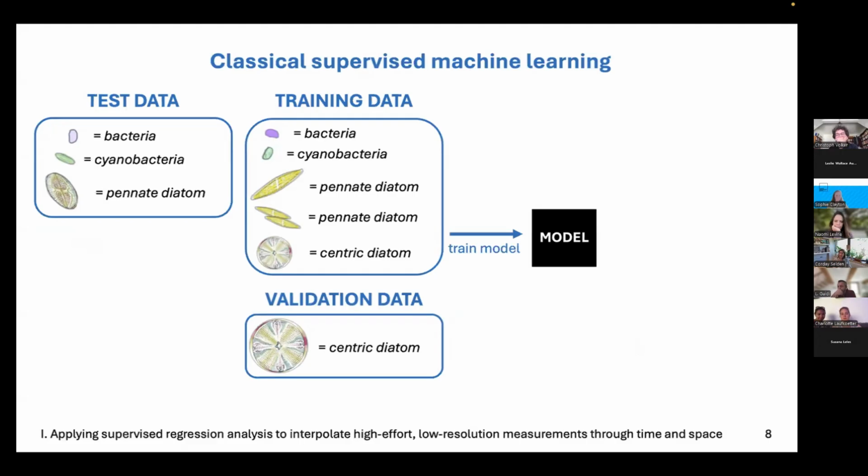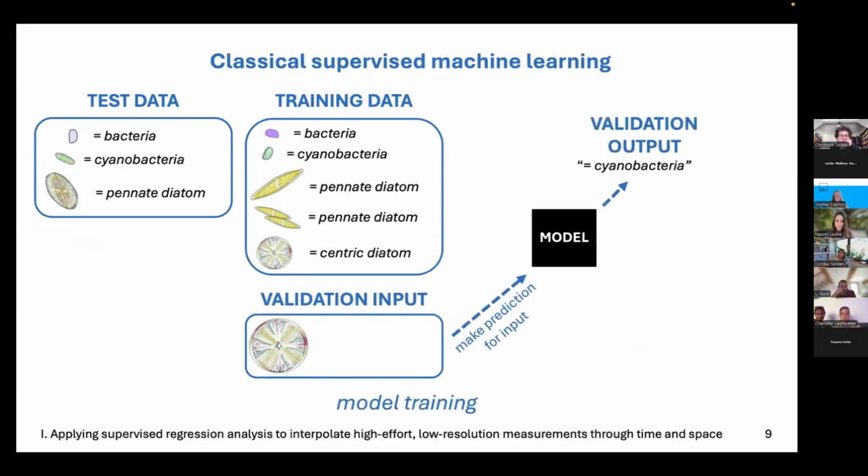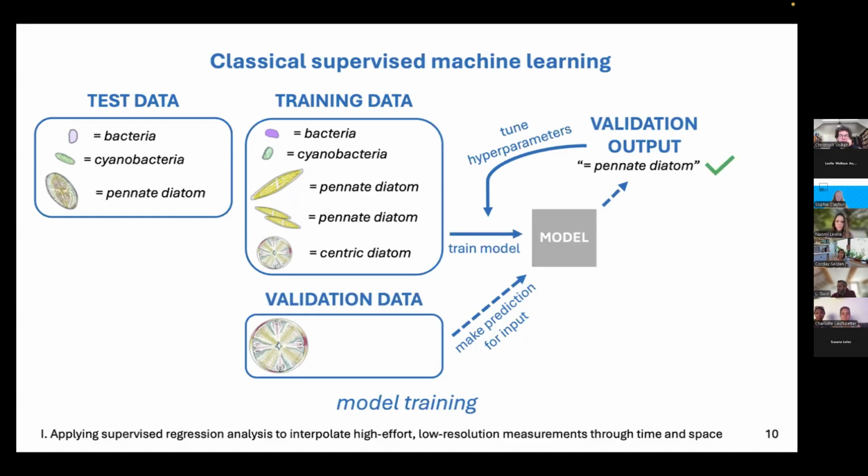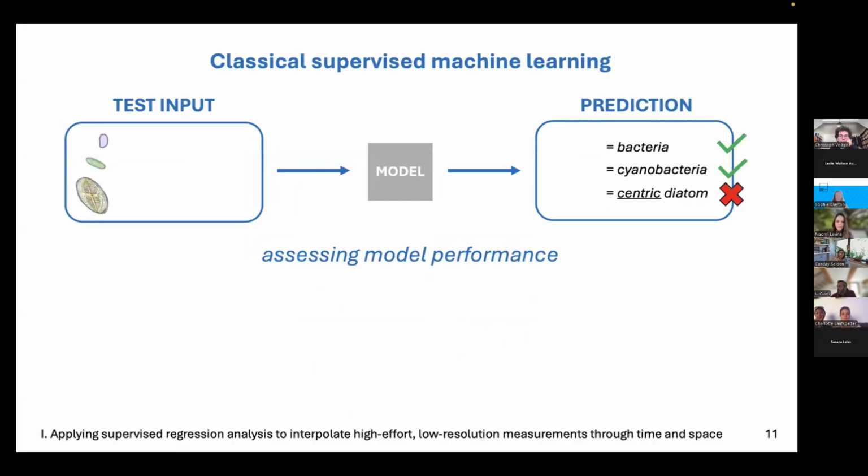The model trains by iteratively adjusting its internal parameters, like weights in a linear regression or splits in a decision tree, to minimize prediction error. Once the parameters have been optimized, we evaluate model performance using the validation dataset that we've reserved. Based on these results, we can then tune hyperparameters. These are things like maximum tree depth in a random forest model, and retrain our model.